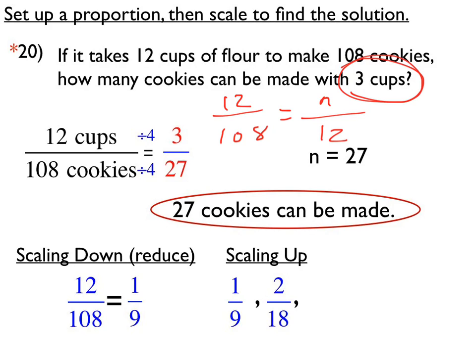Oops, sorry about that. 12 should be up here. There we go. So what would it be for this one then? That would be way too easy. So if it was 12 cups, then it would be 108 cookies. That's my fault. I forgot to tell you to change this to 3 cups. All right, we are finished for